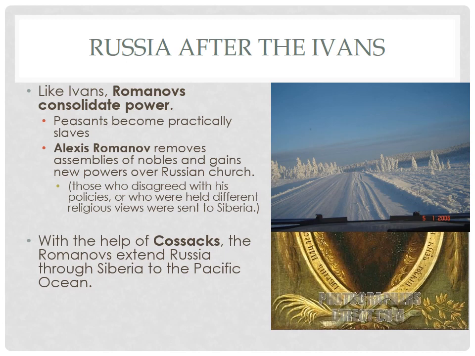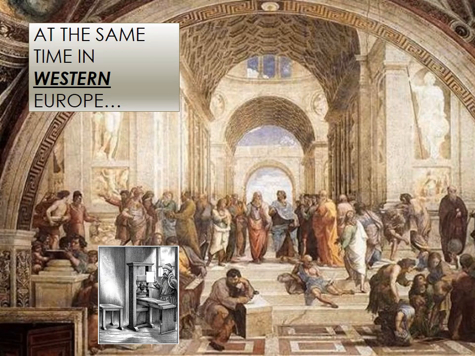With the help of the Kazakhs, the Romanovs extend Russia through Siberia into the Pacific Ocean. So many political criminals were sent to labor camps in Siberia. They were exiled. It was not an appealing prospect. But also, this is the time in which they reach all the way to the Pacific Ocean and hold that land down. It's not just explorers like under Catherine.